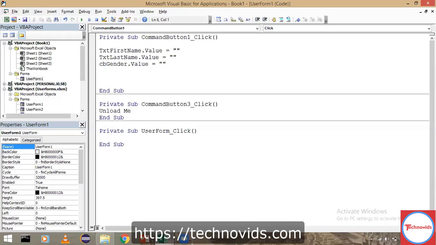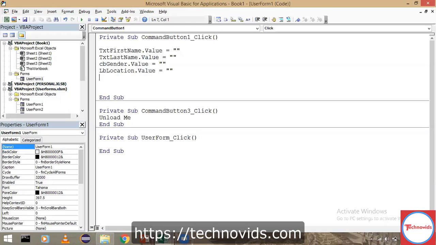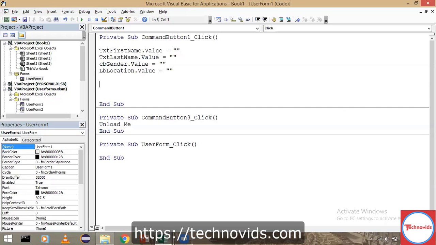And we have a list box. List box as lb, and we take it as location. So I say lbLocation dot value is equal to null. I'm just removing the selections. And finally, there are two option buttons. Based on whatever the selections are, you can just clear it.